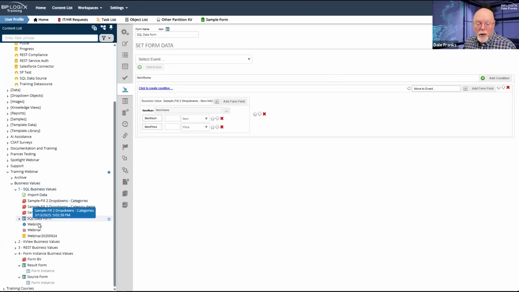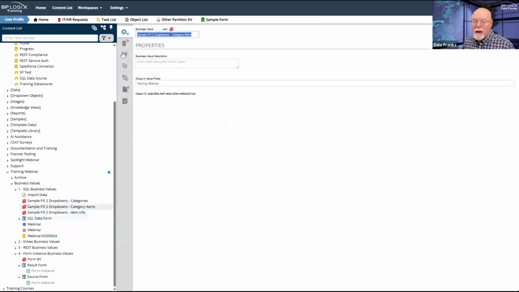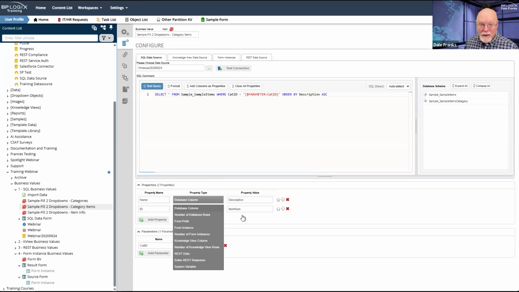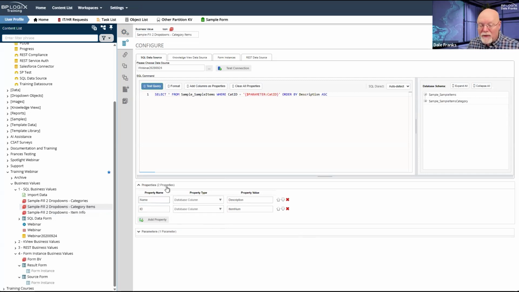So remember, when we created that item drop down, we had our two properties, which is our name and our ID. And in the dropdown itself, the ID is the value and the name is the display text. So the value of this particular dropdown is always going to be whatever the item number happens to be. I am presuming that that item number is unique, so it can serve as an item ID. If it is not unique, we have a problem. And we do need a unique value to make all of this work.